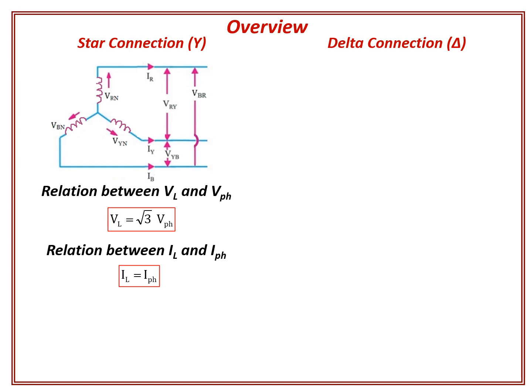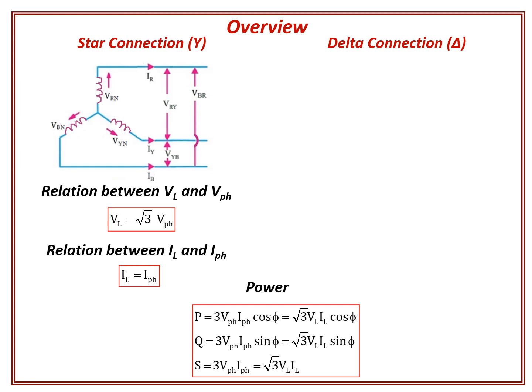Similar to phase voltages and line voltages, the three phase currents and three line currents are equal in magnitude and displaced by 120 degree. Then coming to the equations of power, there are three types of power in AC circuits: active power P, reactive power Q and apparent power S. Active power in a three-phase system is the sum of active powers in the three phases, which is equal to 3 times V phase I phase cos phi. Since I phase is equal to IL and V phase is equal to VL by root 3, the expression can be modified. 3 by root 3 gives root 3 in the numerator. In terms of line voltage and line current, therefore, the equation of active power becomes root 3 VL IL cos phi.